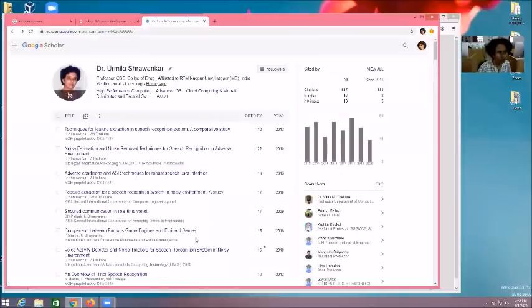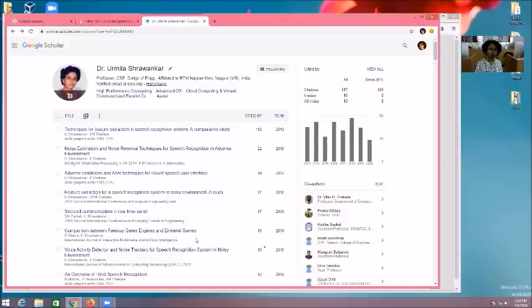Sometimes what happens, we write a paper using our first name and then surname, like Urmila Shravankar. My initial is UN Shravankar. So sometimes our students write our name on our paper as UN Shravankar, meaning there are two persons: one is Urmila Shravankar, the second one is UN Shravankar.